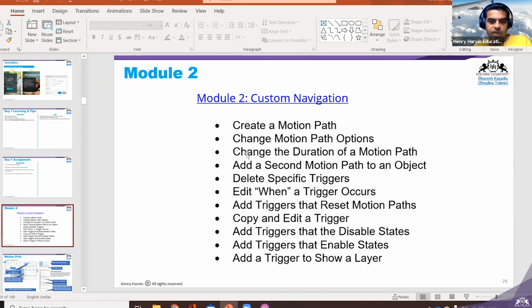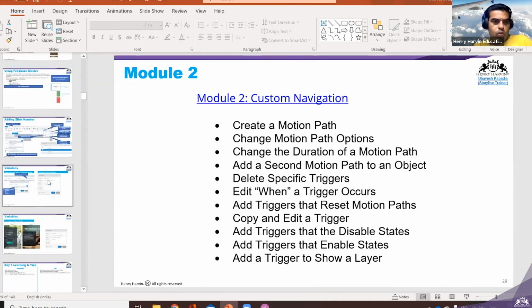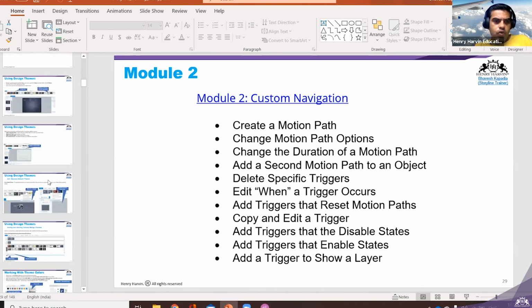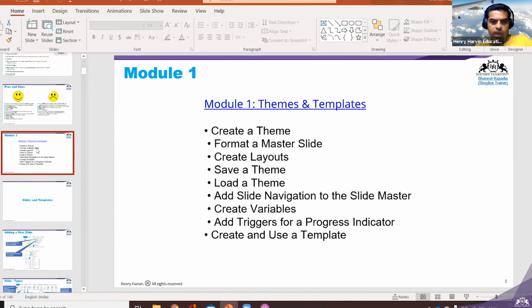Gaurav sir, on my screen, I think you can see module 2. There are so many things. Naturally, we are not covering them today, but we have covered some of the things and I still want to cover more. Most probably module 1, we have now fully covered. If anything is remaining, just tell me.